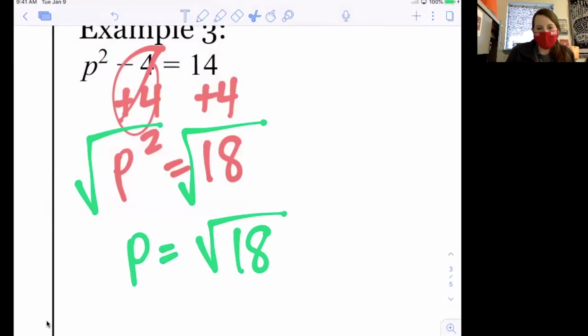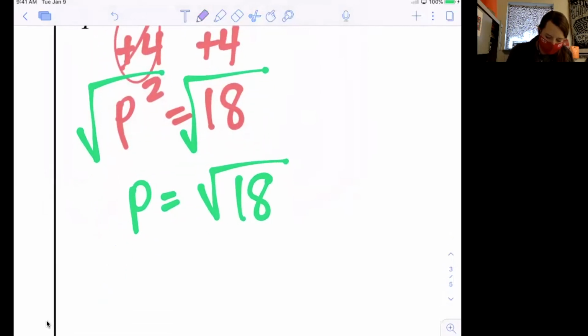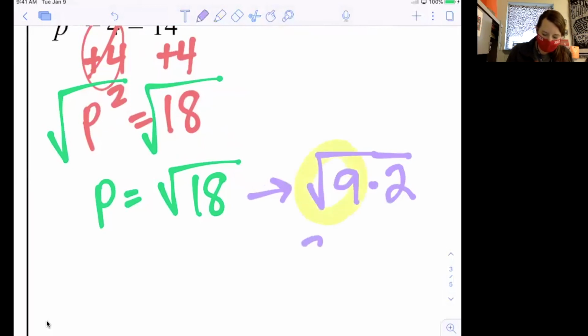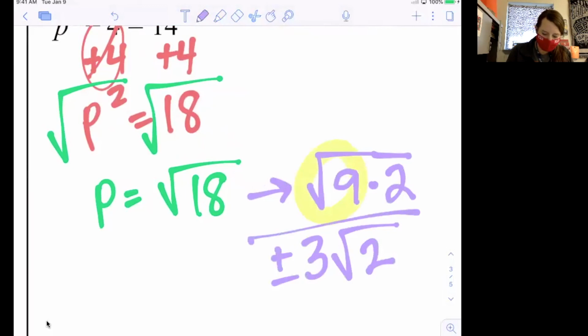Now, we will be talking more about how to simplify square roots in our lesson in your next class period, but I know that 18 can be written as 9 times 2. So I have the square root of 9 times 2. The square root of 9 is 3. So I can bring a 3 out and have a square root of 2 underneath. Okay, we took the square root of 9, so this is going to be plus or minus 3 square root of 2. And like I said, we're going to talk more about how to simplify square roots during your next